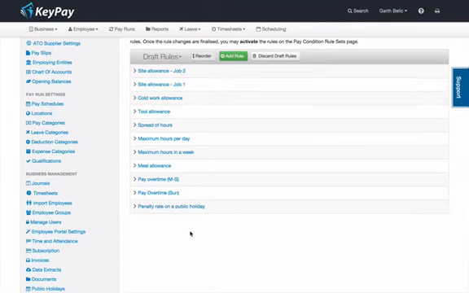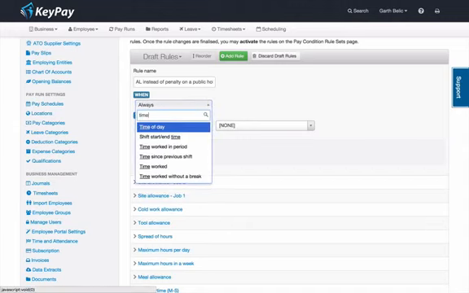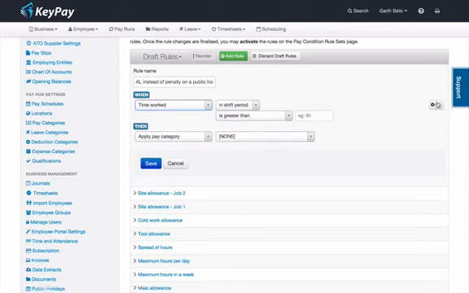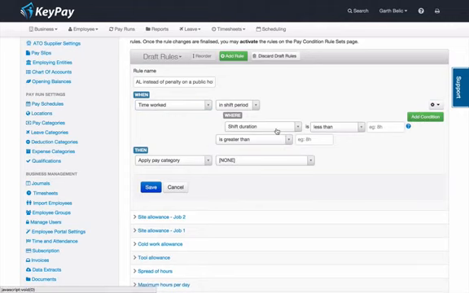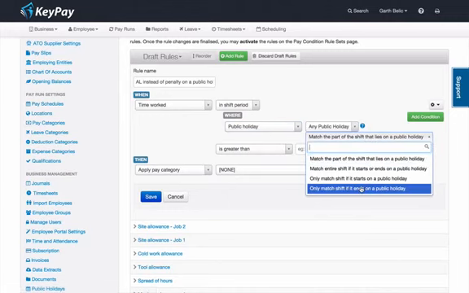Next scenario I'm going to have a look at is where instead of getting double time and a half, we only get flat rate and we get a day of annual leave instead. So we're going to set up the conditions very much the same. So annual leave instead of penalty on a public holiday. So very much the same to start with. When time worked in a shift period where day is a public holiday, it ends on the public holiday,